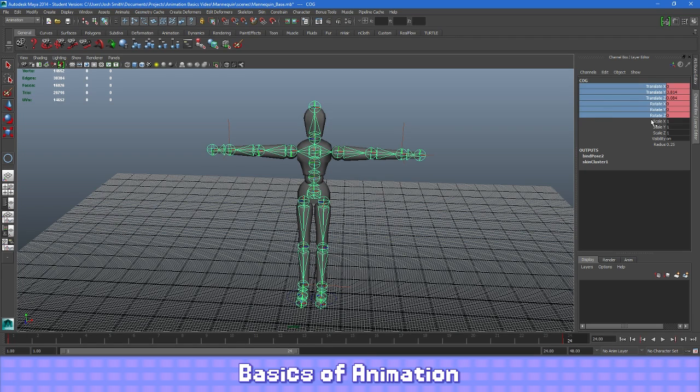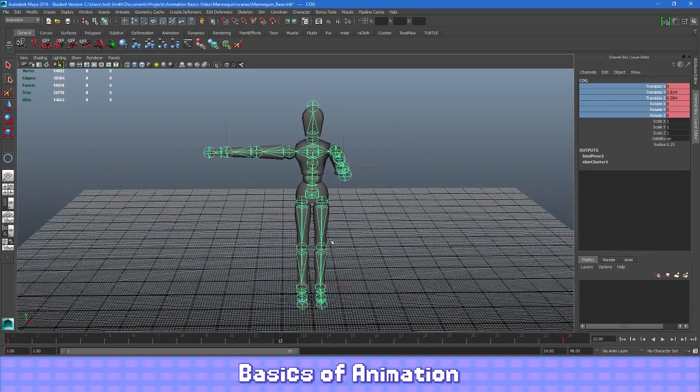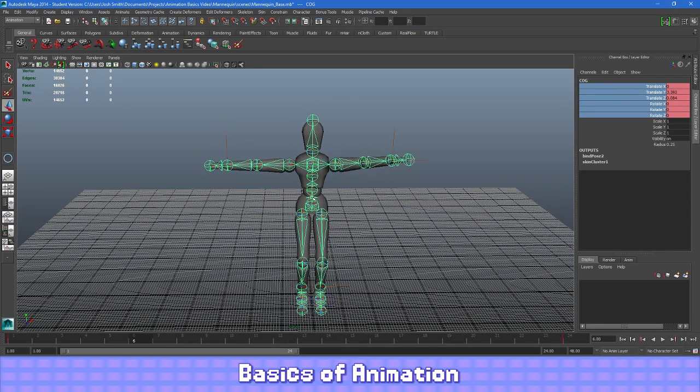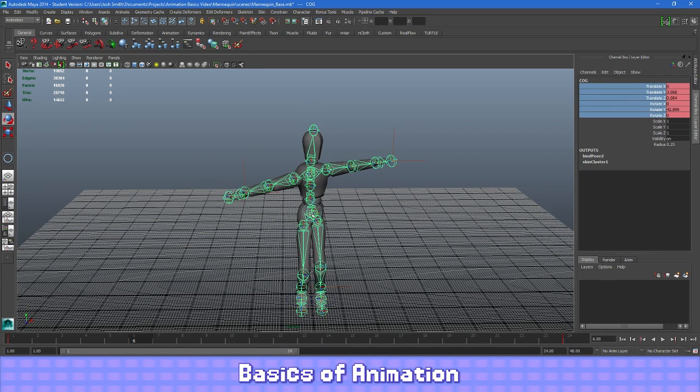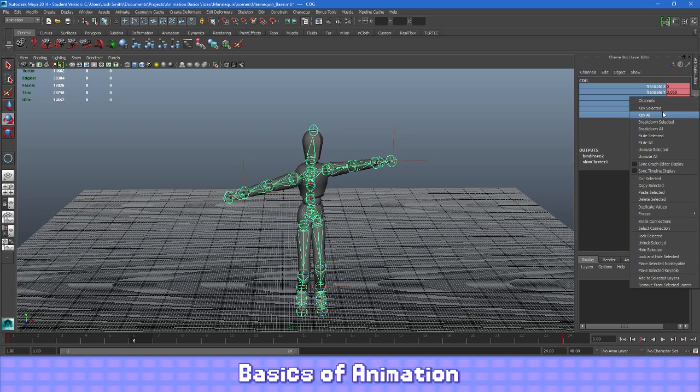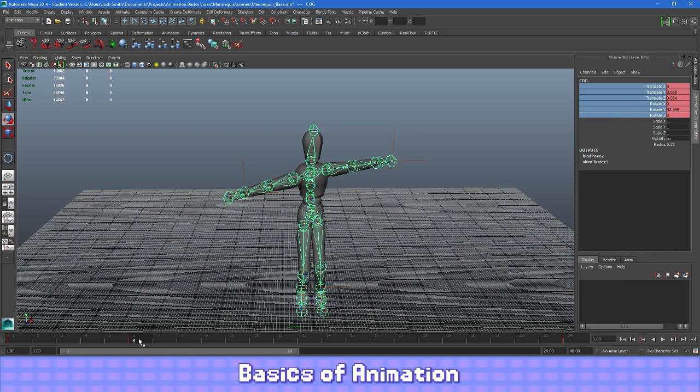Key selected. Then I'll go to my end frame, right click, and key all those same numbers, then go back to my middle frame, or wherever I want that up and down motion to occur, bring the model down to where I want it, maybe rotate it a little bit here at the hips, key those frames again, and now